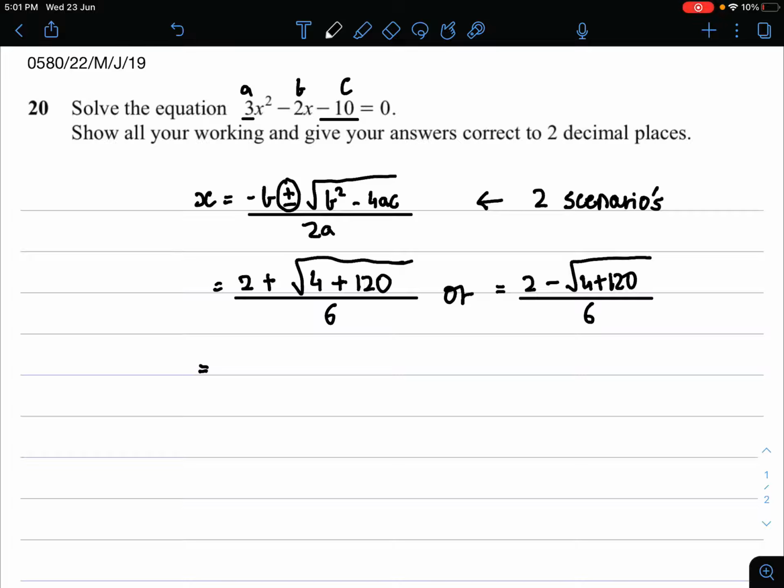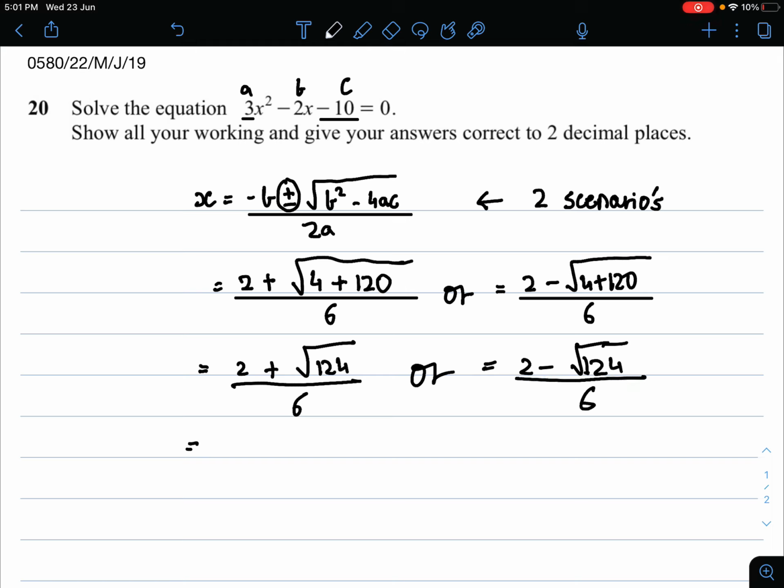So 2 plus root of 124 divided by 6, or 2 minus root of 124 divided by 6. So what I did was I just added the 120 and 4. So 2 plus root of 124, whole thing divided by 6. That would be 2.189254, or